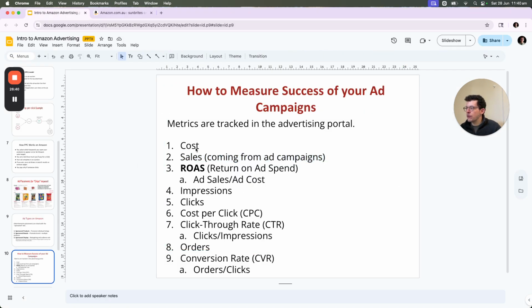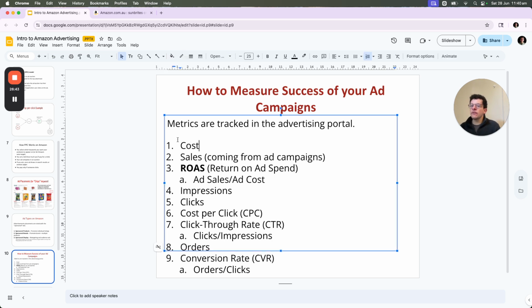Going back to our metrics, all of these metrics, and you'll see them in the advertising platform, AmazonAdvertising.com, you'll be quite familiar with over time. But all of these metrics specifically track your ads, not your total online or total organic sales. If you want to measure your total sales, both organic and advertising, then you go to Vendor Central. That will show you your total sales. The advertising portal will only show you the advertising metrics. So we have our ad sales,